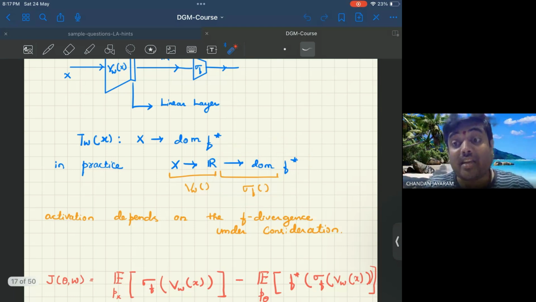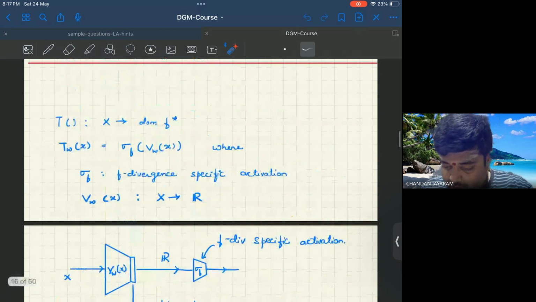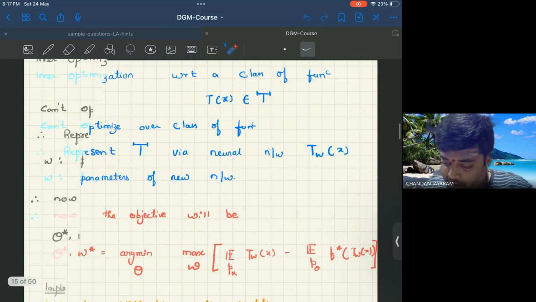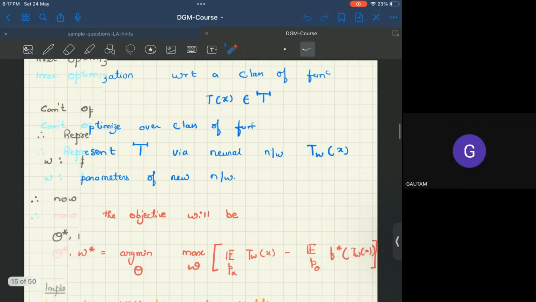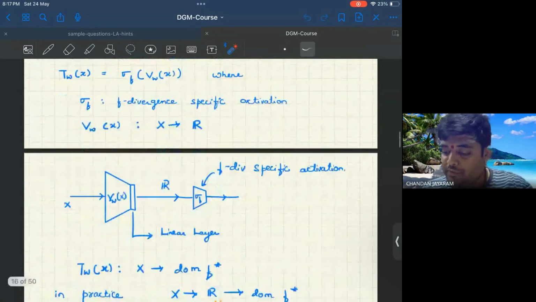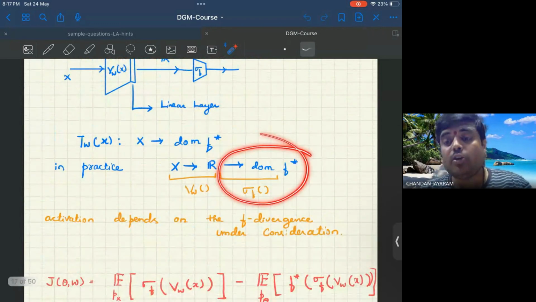Now this is the need for the F divergence under consideration, which is Jensen-Shannon divergence. This was needed. Now to map, I don't recall the exact values. You want to map from 0 to 1, right? The output is R minus. So because of that, you wanted to use this activation.